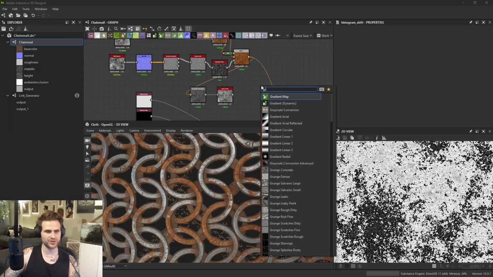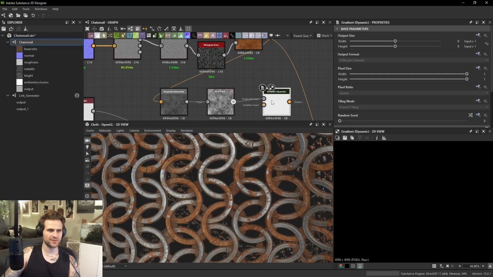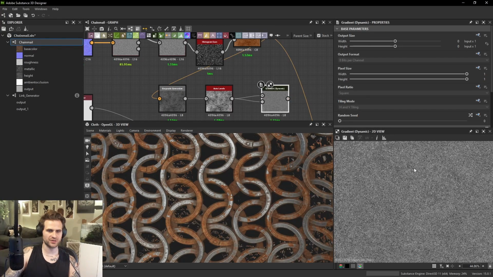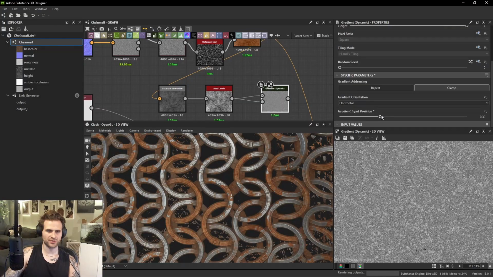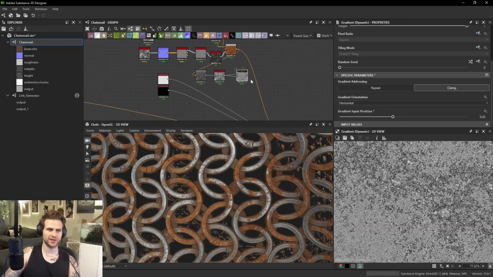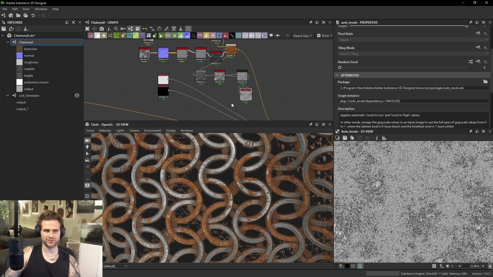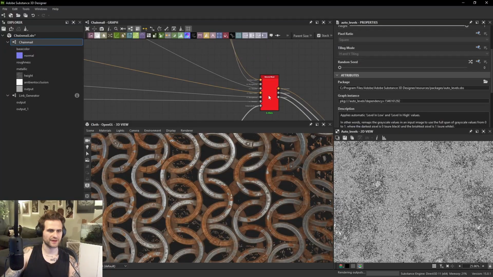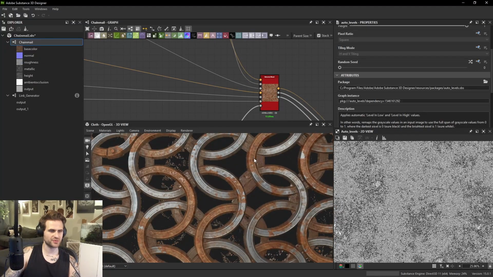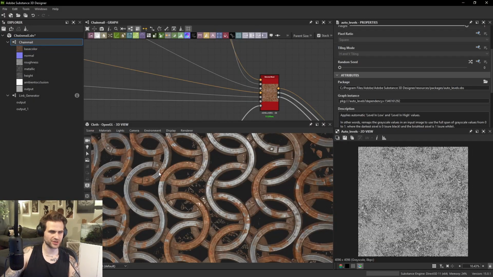What will work though is using a gradient dynamic. I'm just trying to scramble this a bit basically. So a gradient dynamic with this as the input and the gradient should scramble it. Later on, we can use this to add more detail into the albedo as well. But here's our rust roughness. So this just adds a bit more detail. The rust actually has some characteristics to it. It's not just a white,